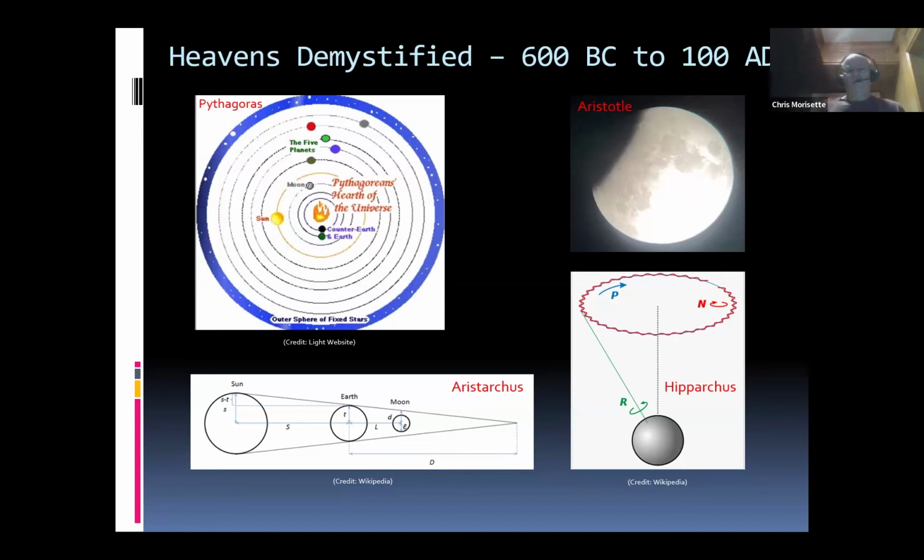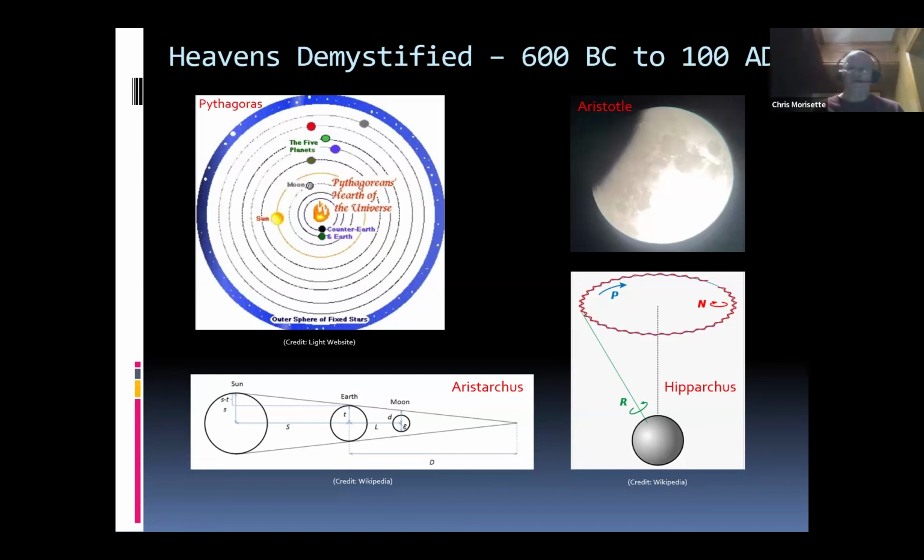You'll notice in this model, they're really focusing on the solar system, and they really talk about or refer to the outer cosmos, the stars, the constellations, as really just kind of an outer sphere of stars. So there wasn't really a lot of thought that went into that portion of the sky. It was assumed to be fixed and constant. It did change with seasons, but nothing within the outer sphere changed. Really, the movement and the interest was in the solar system.